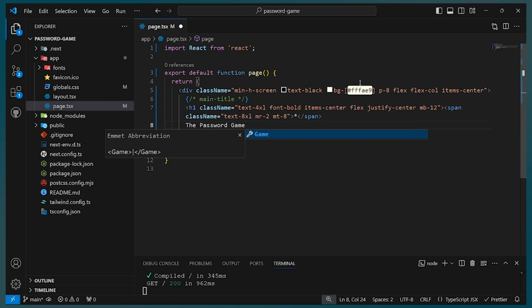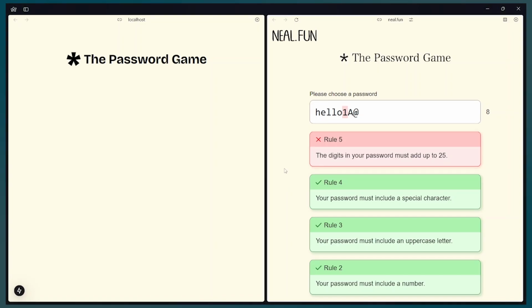password again. So if I save that and go have a look, wow, great, we're having something like this, the password game. So this is basically ours, the one we have. Made this bold for it to look more eye-catching compared to this one we are seeing here. So after that,